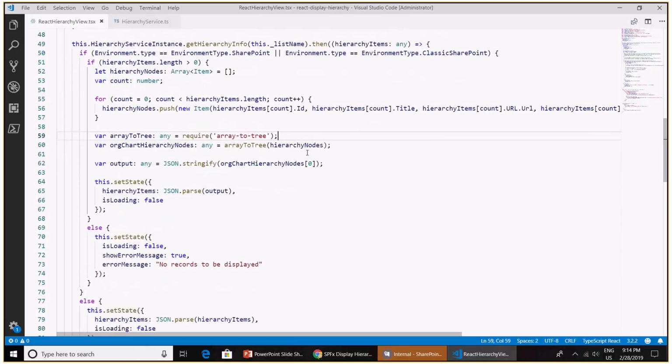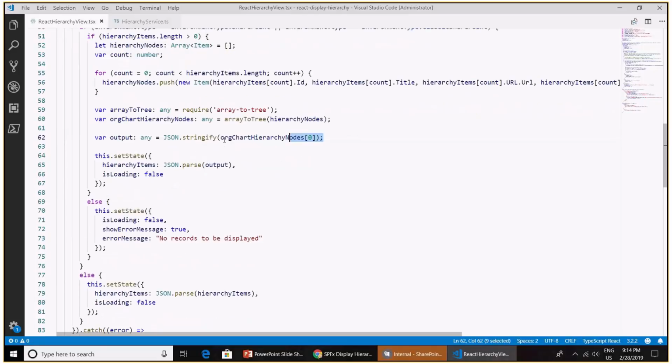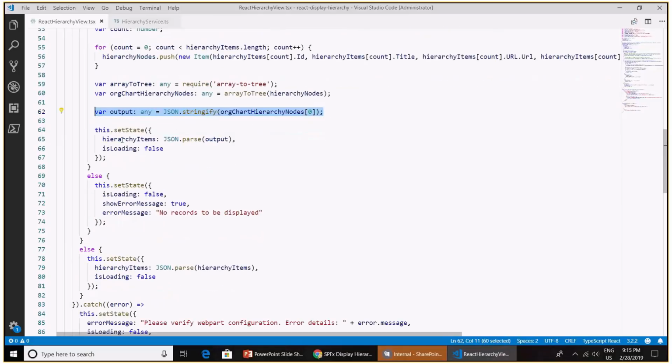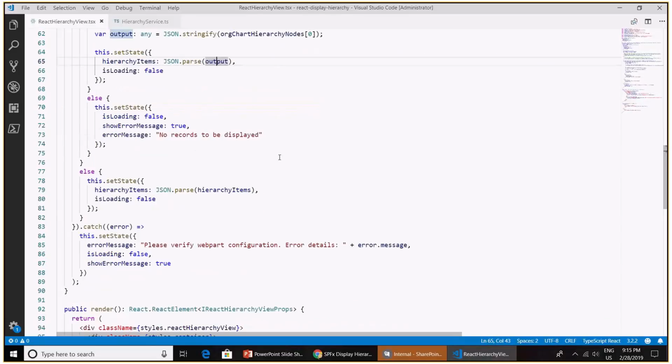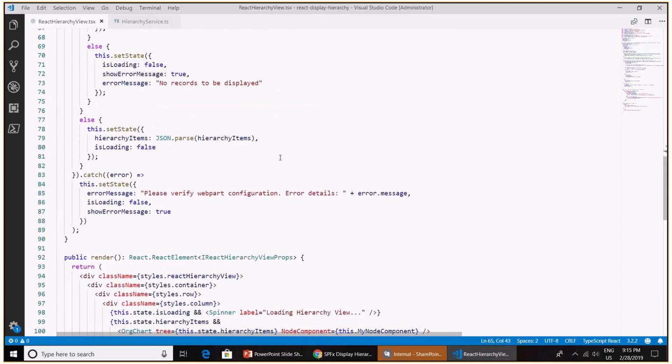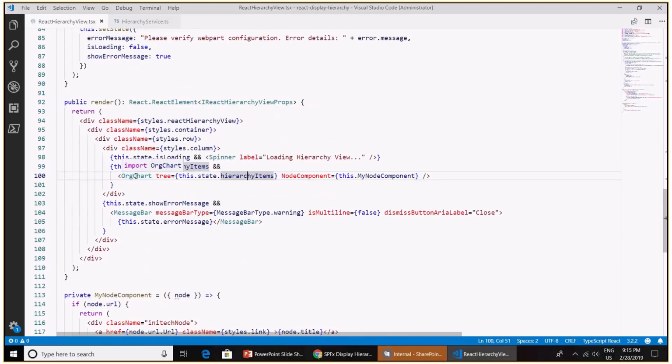And once it is transformed to the multi-dimensional array, we are stringifying it using JSON so that we can pass it to the React component called org chart. And from there, it is set to the React state, and then that React state is used here to show the organization chart. So at least that was about how it has been implemented.